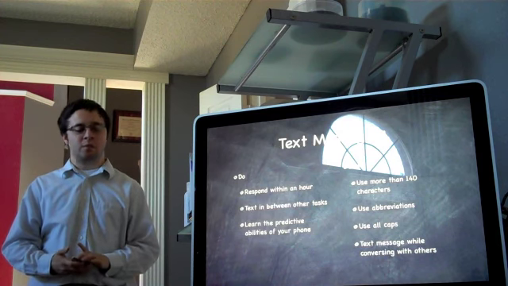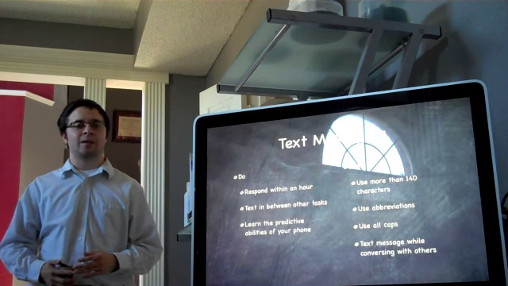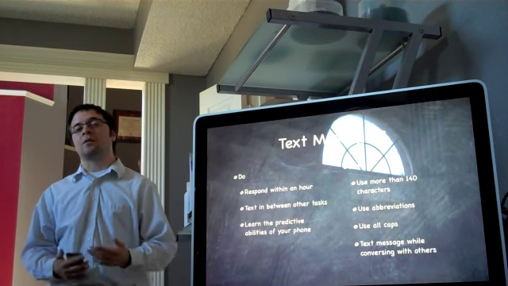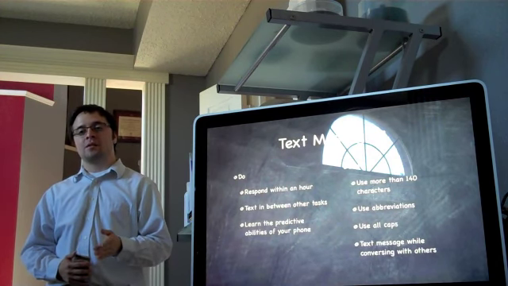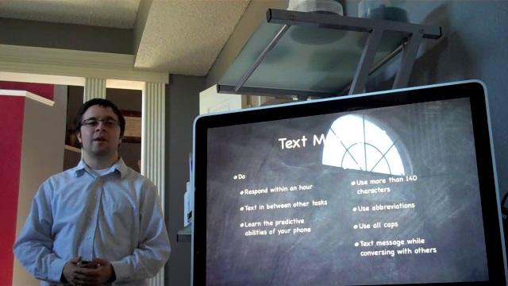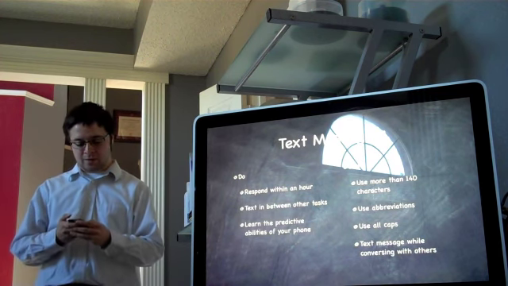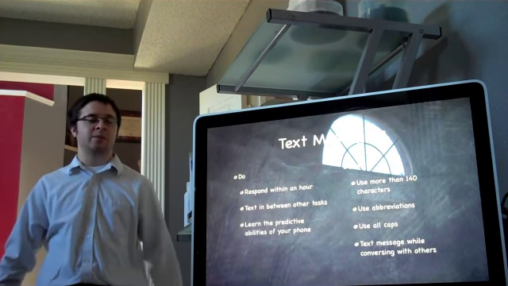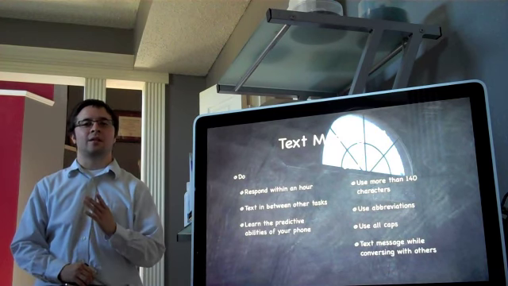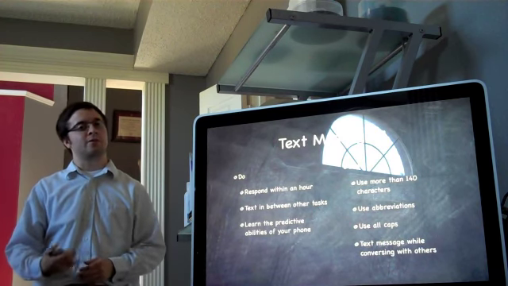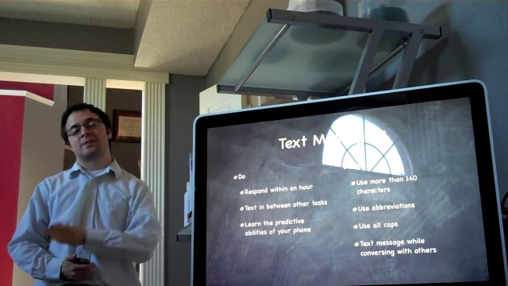So what are some good things to do when you're text messaging? Well, first of all, it's more of a high priority item, and typically people will expect a response within an hour. So if you need a response right away, a good idea is to text someone rather than email them. Keeping in mind that it needs to be done in between tasks. It's very poor etiquette and rude to take out a cell phone while you're having a face-to-face conversation with someone and begin text messaging someone else.